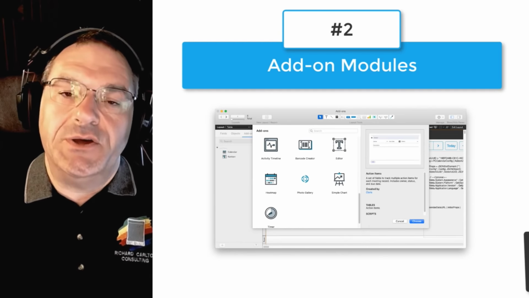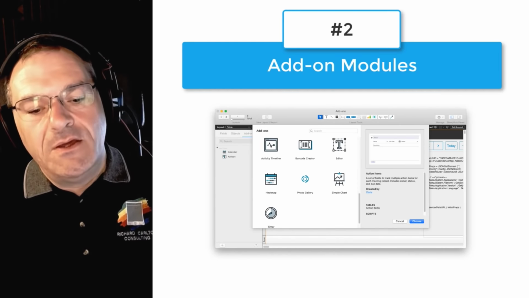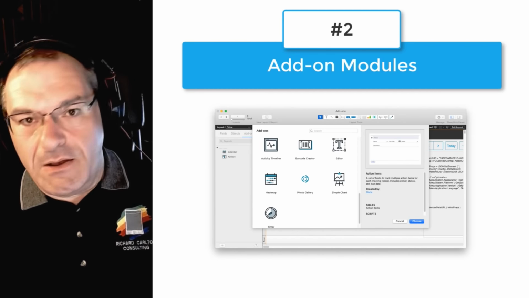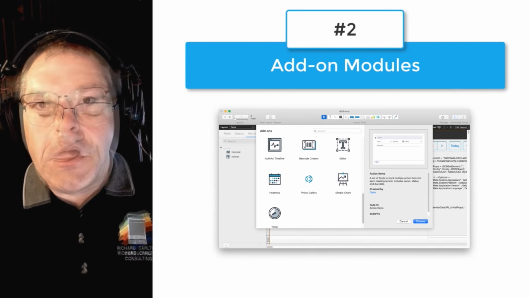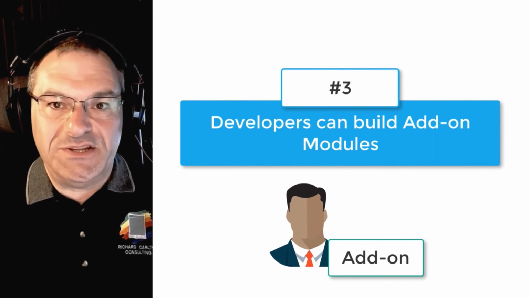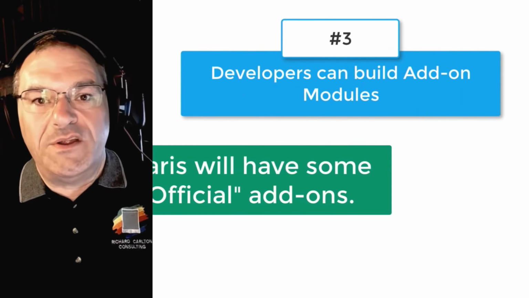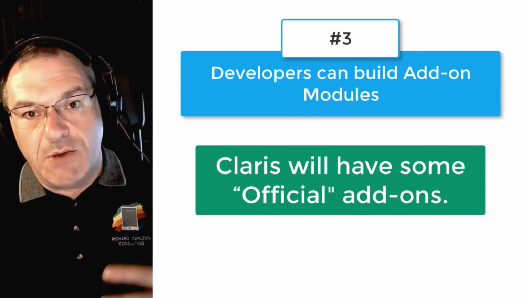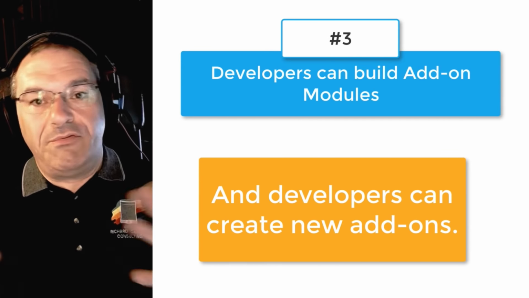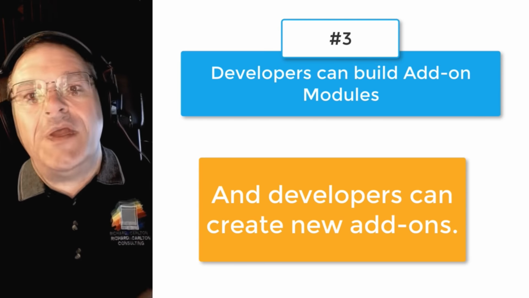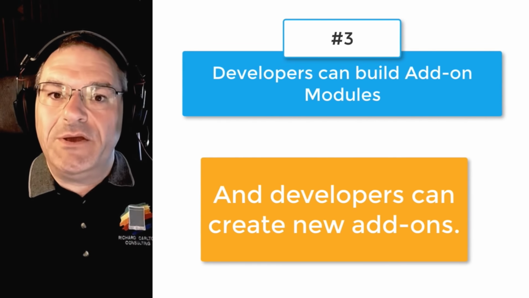This is really a huge deal in the world of FileMaker because being able to easily drag and drop a capability with tables and fields and scripts and layout objects and all these sorts of things, well, that was just really difficult to do, and now it's becoming much easier. Now, the number 3 thing you need to know about the FileMaker 19 release is that developers can build these add-on modules themselves. So the plan going forward is that Claris will have some official add-on modules that will be available. Then third-party developers can develop their own add-on modules, which will be free, or they can be purchased, etc. So it creates this entire ecosystem of add-on capabilities that can easily extend your FileMaker custom app.